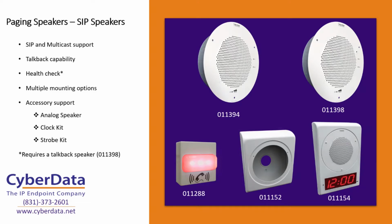And the nice thing with these SIP speakers is we've got a whole bunch of different mounting options available for them. The main mounting options that we'll typically use are either our ceiling tile drop-in. That's a regular 2x2 ceiling tile. I didn't throw it on here in terms of an image because everybody knows what a ceiling tile looks like. It's a regular 2x2. It's not some weird 1x1 or anything like that. It's a regular 2x2, so it looks like a regular ceiling tile that you would see in a drop tile